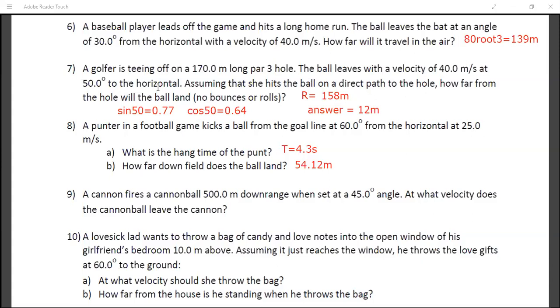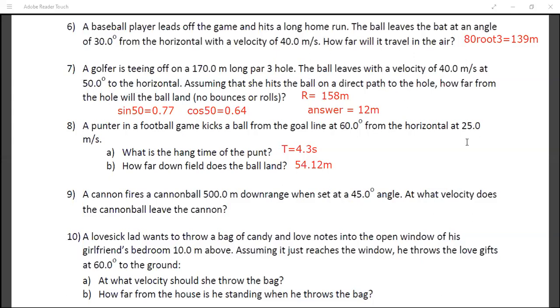Anant? Yes, sir. So, sir, in the ninth question, 500 meter is the range given and the angle is 45 degree. So we can simply apply the range formula. By equating u, I get 8 hours 59 meter per second. Okay, what g value you took? Sir, I took 10. And the answer, how much are you getting? 59 meter per second.